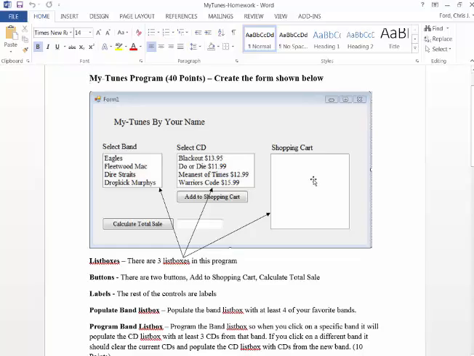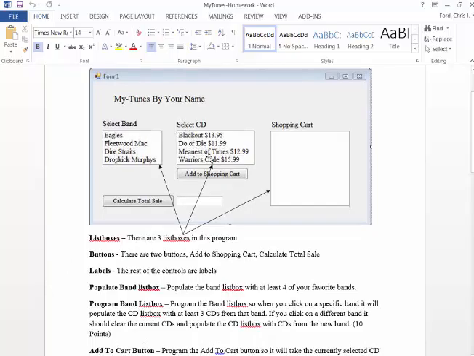So what you need to do is, you can come up with your own bands and your own CDs. I just use some of my favorite bands and CDs. But what you're going to need to do is, a little bit similar to the Kelley Blue Book value, when the user selects a particular band, it should populate the CD list box with that group of CDs which are applicable to that band. So when they click on the Dropkick Murphys, it should give me all the Dropkick Murphy